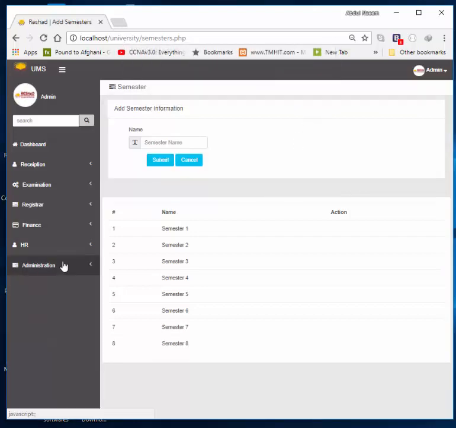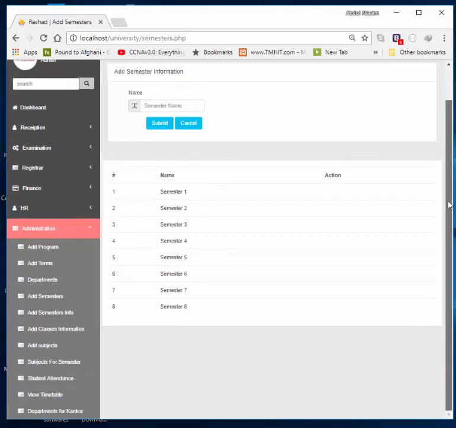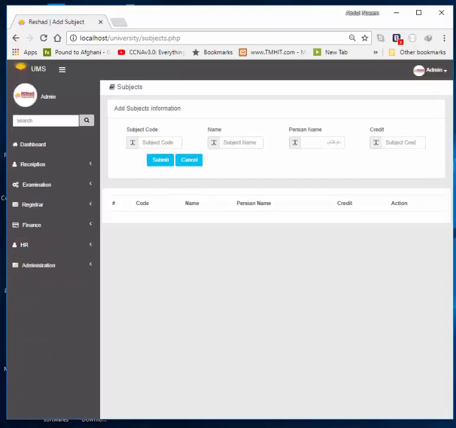After that I'm just going to add subjects. There are many more things, but before that I have to add subjects. Subjects depend on many things, like subject code. I am going to add some subjects. For example, I am going to add a subject code with a